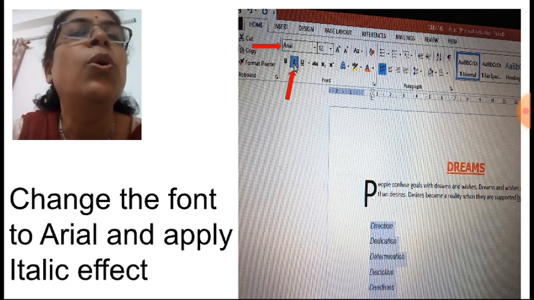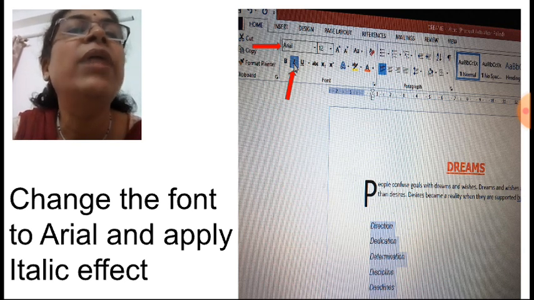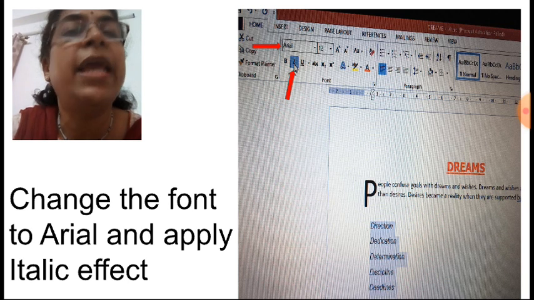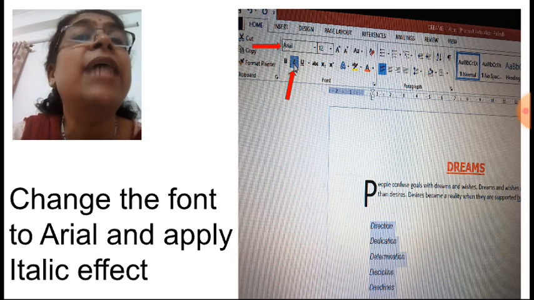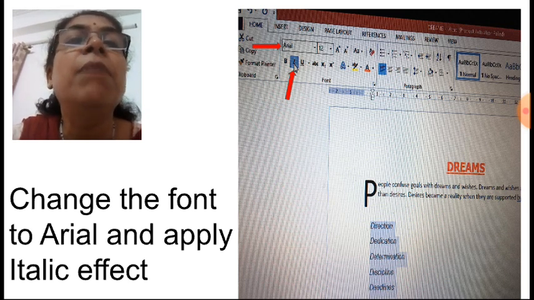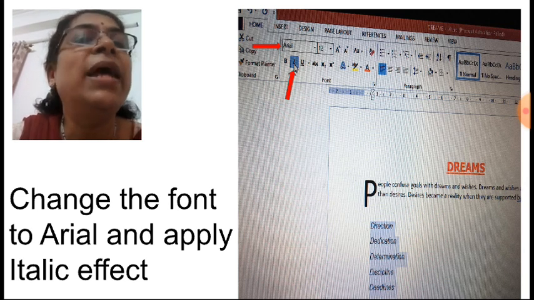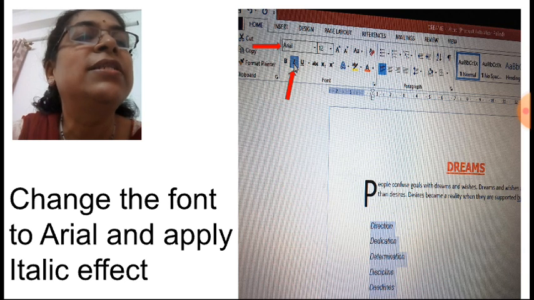Click on that arrow, scroll up or down and select the font as Arial and apply italic effect. Means the text will become a little bit slanting. So apply that, and it will get applied to the text given.